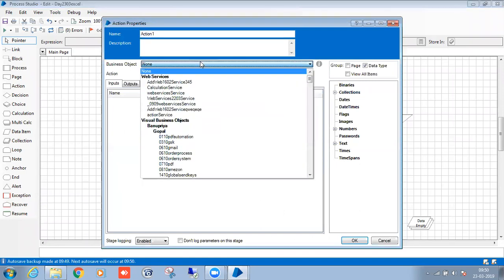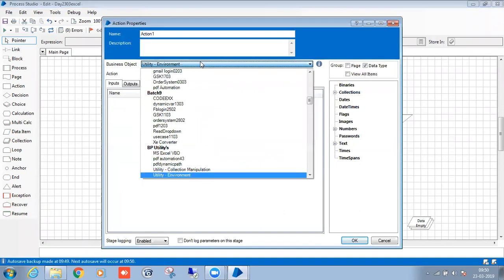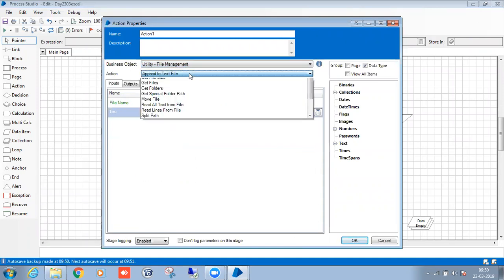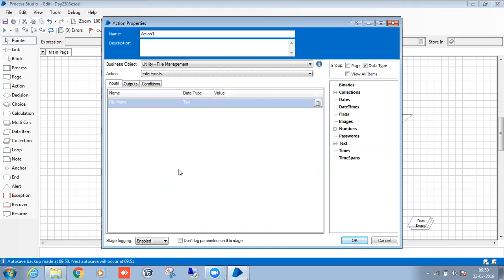Click on that, take the utility file management, file exists. It will check whether the file exists in a particular path or not. If the file exists is true, then only I will go for the remaining steps. Otherwise, I will throw the exception. Output is the flag. This value will contain true or false after running the stage.